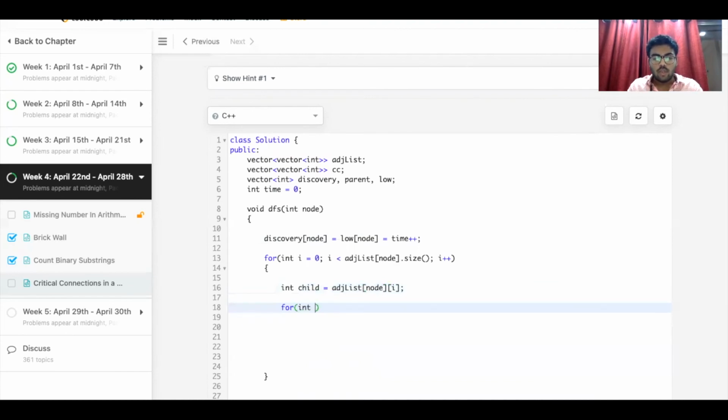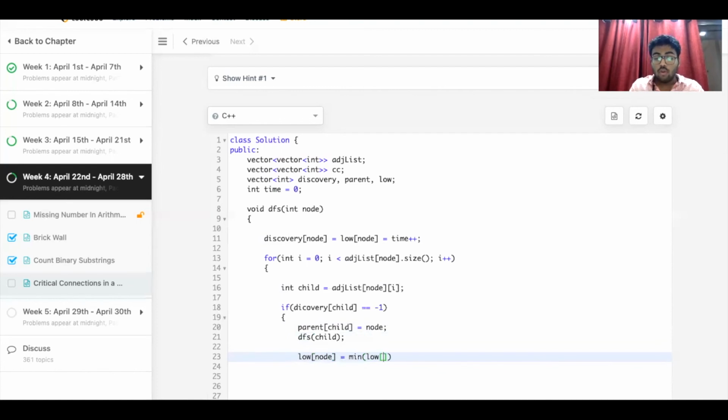At that time we have to check if discovery of child is initialized to -1. Then the parent of child should be equal to the node, and we run the DFS function on child. Then we store low of node is equal to minimum of low of node and low of child, which we got from the function we have just called.